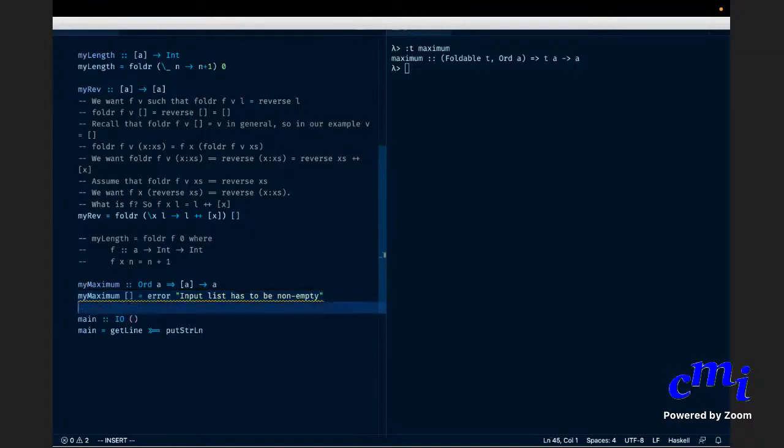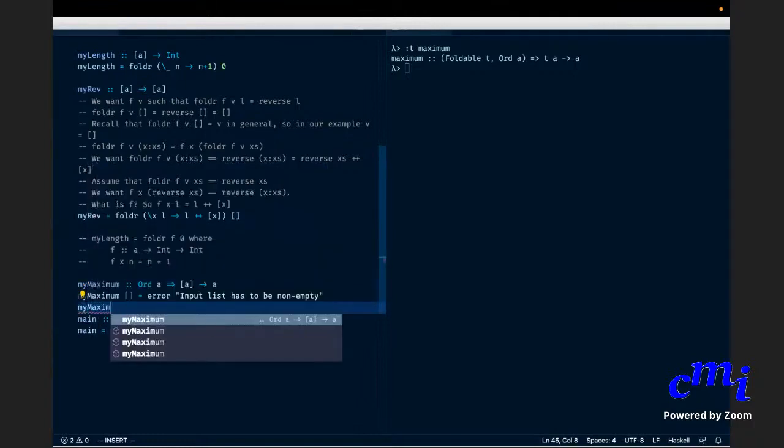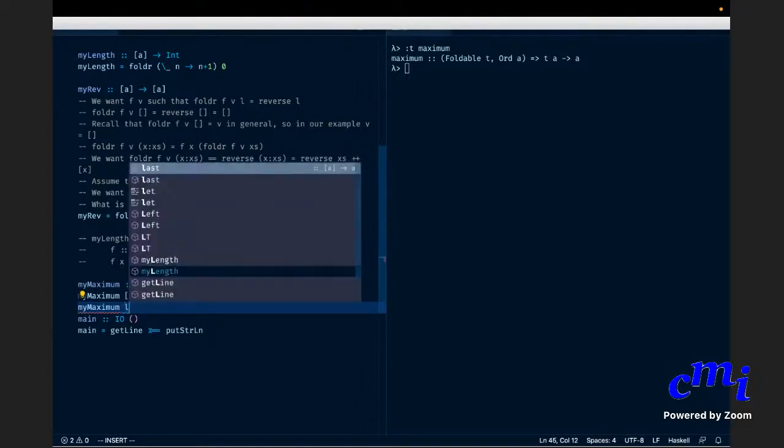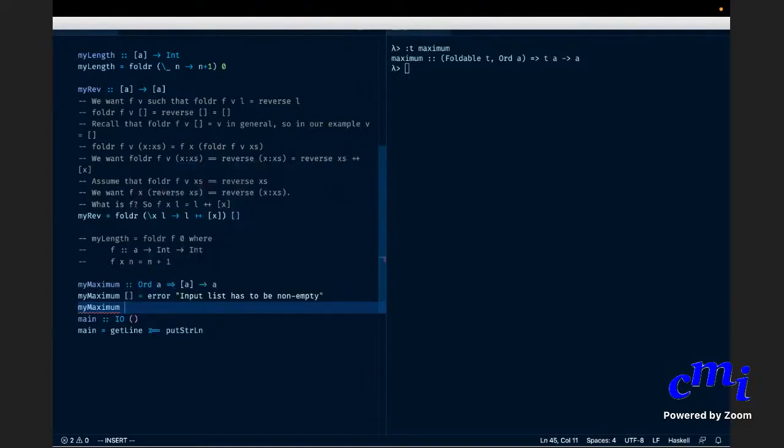We'll come to the Maybe value next. Okay, what is myMaximum of L? No, but you have to now give a second case, right? You have to give a singleton list x, then it is x.